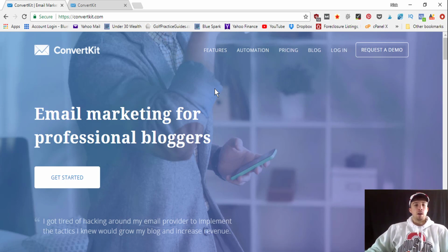I've used other email softwares in the past, and it was a pain in the butt to try to navigate around the platform to get in and out of the different pages and to see different information. You had to click into one page, click into another page, and it just wasn't all laid out nicely. Whereas with ConvertKit, the user interface is set up, the design is super impressive, and then the pricing